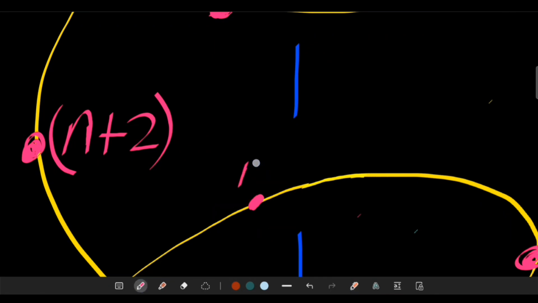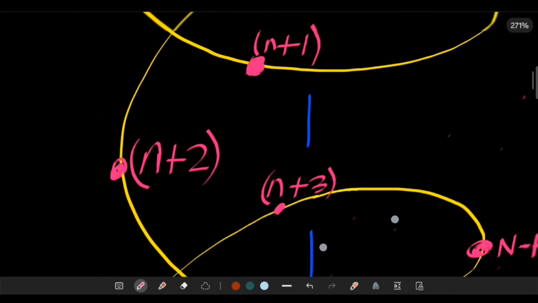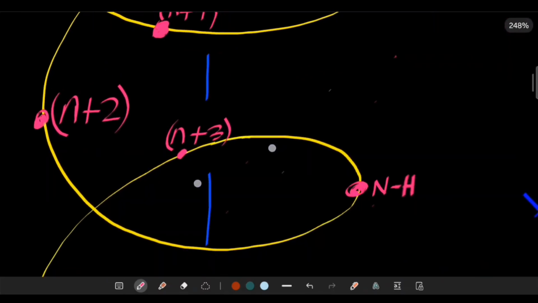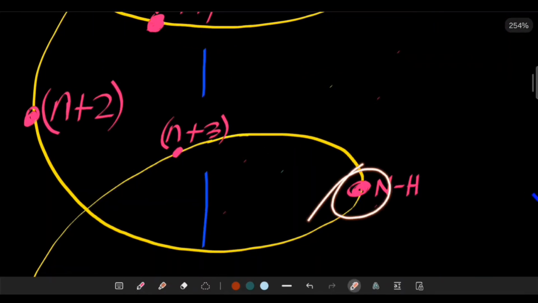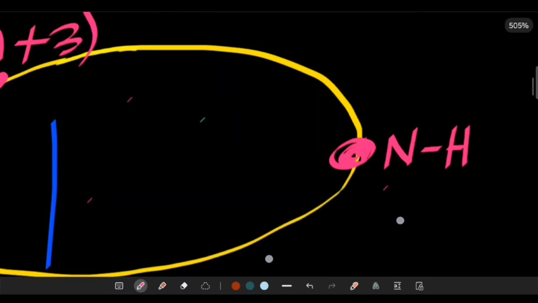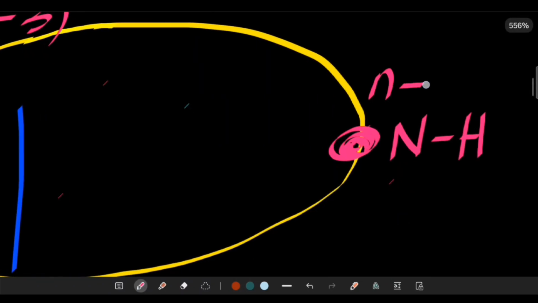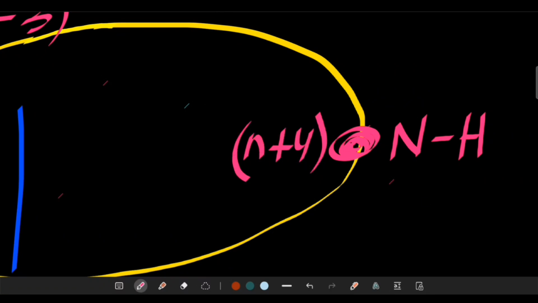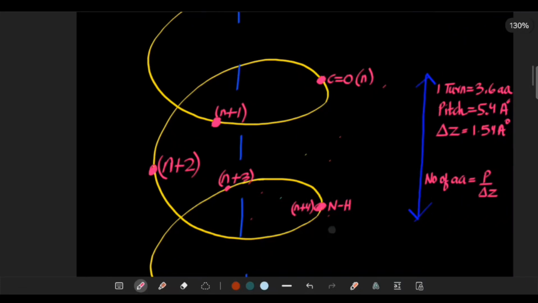This is going to do n plus 3, right? And then the last one, this one, this will be n plus 4. Okay, so now as you can see in this helical structure,